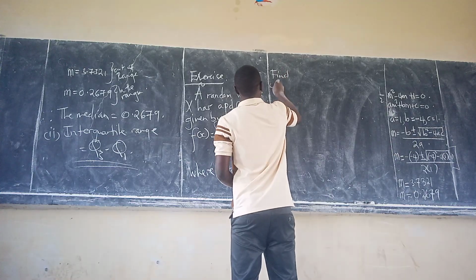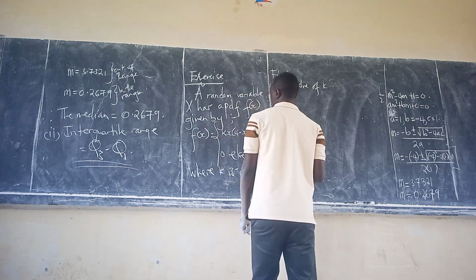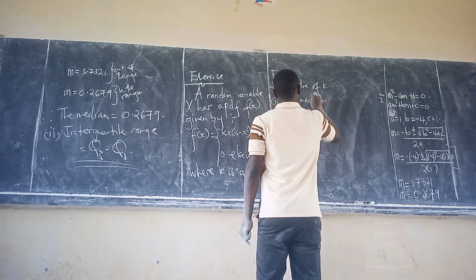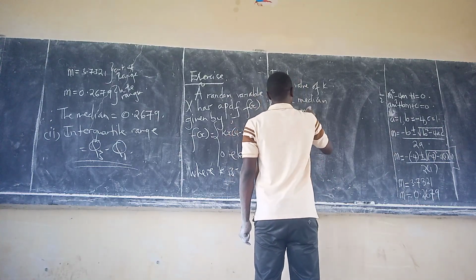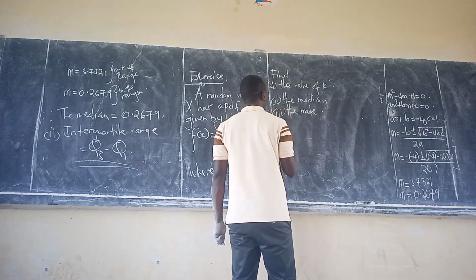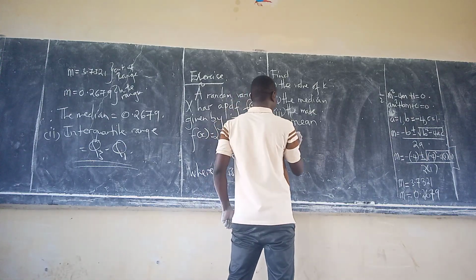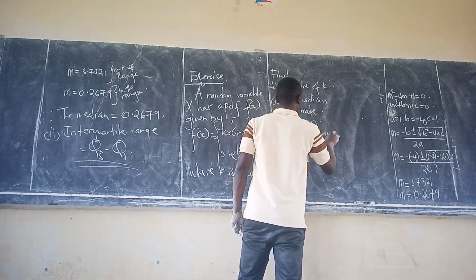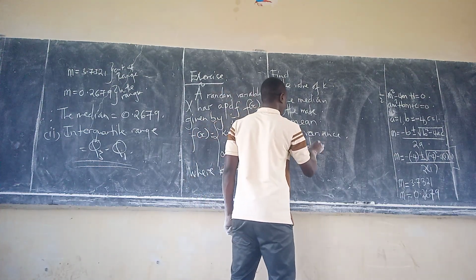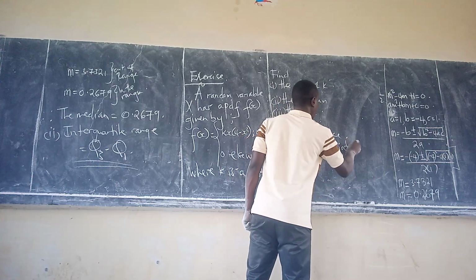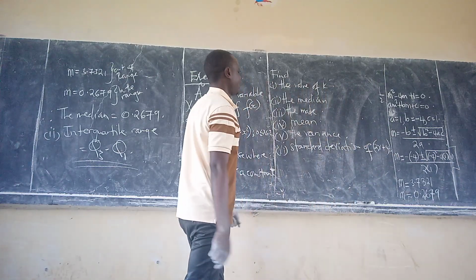find: Roman 1, the value of k; Roman 2, the median; Roman 3, the mode; Roman 4, the mean; Roman 5, the variance; Roman 6, the standard deviation of 2x plus 4; then